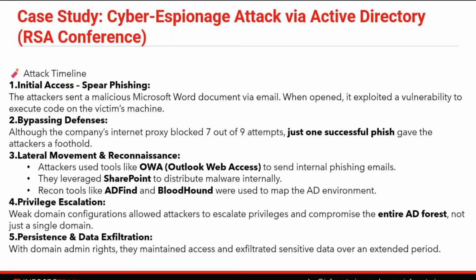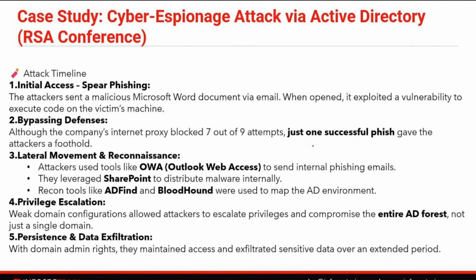First, the initial access: the attacker sent a malicious Microsoft Word document through emails. When opened, it exploited a vulnerability to execute code on the victim's machine, right? Although the company's internet proxy blocked 7 out of 9 attempts, just one successful phish gave the attackers